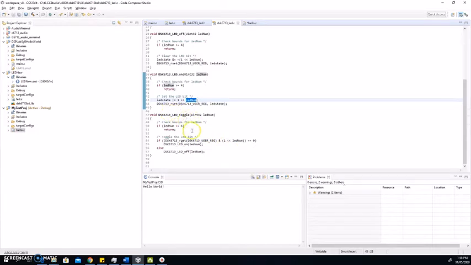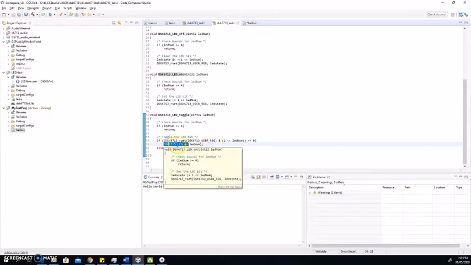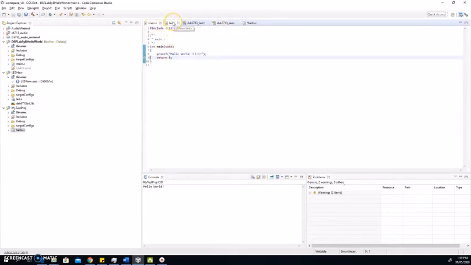In LED toggle, what we are doing is simply checking the number of the LED. If it is equal to or beyond 4, it should give you an error. Otherwise, all that it's going to do is check whether it is 0. If it is turned off, it is going to turn it on, and if it is already on, it is going to turn it off. So that's all the toggle function does. So that should actually run our program,